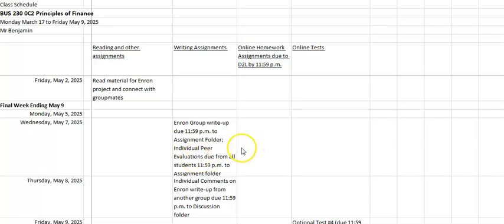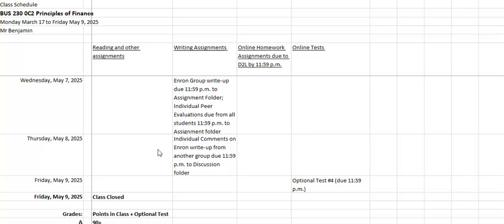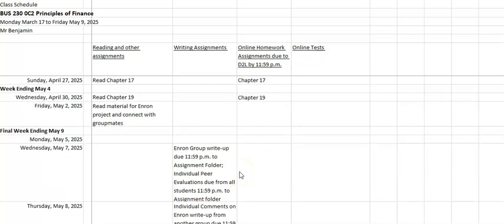So you can tell there's not a lot of room to maneuver here, so try to get as much of the work done this week as you can, and go from there. And as a side note, while the class is coming to an end, that optional test number 4 will come to fruition also next week. Unfortunately, I won't have the Enron material graded, so you won't know what impact that has as you're making a decision, but you can get a rough idea how it goes while you go through that, whether you want to actually prepare and take that test or not. However, do the assignment for chapter 19.